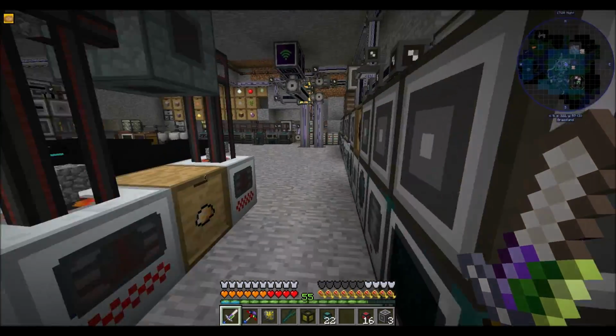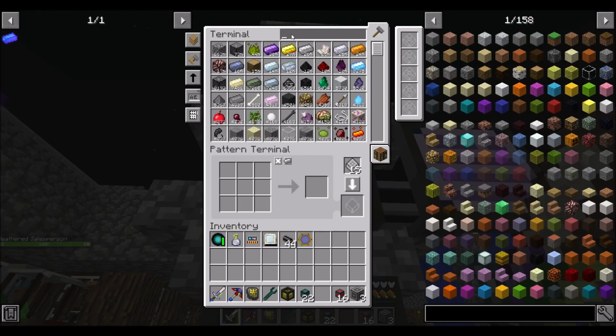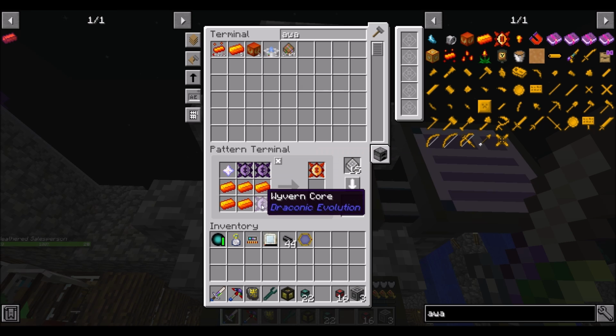So let's come over to here and get ready to autocraft Awakened this doohickey. Right, so put you in this mode. So it's 4 of these, 5 of these, and another star. So ultimately,